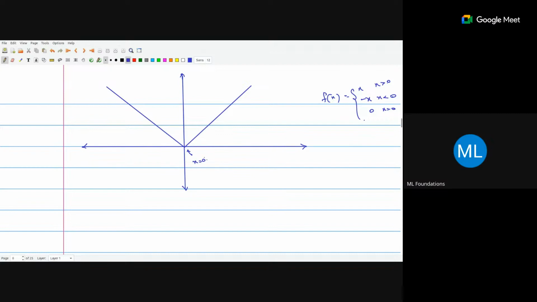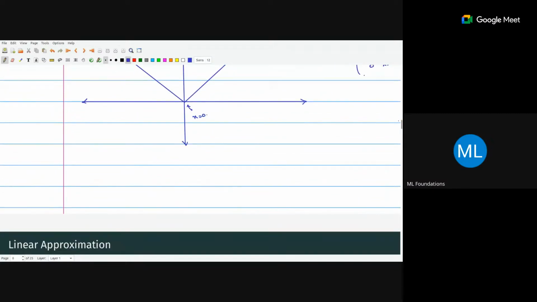At x equals 0, let's look at the rate of change. We will just compute it. Limit as x tends to a minus, so I am coming from the left. I will not use a, rather I will use 0, because we are worried about one particular point, 0. Now I am worried about f of x minus f of a divided by x minus a, right? So this I can write like this.